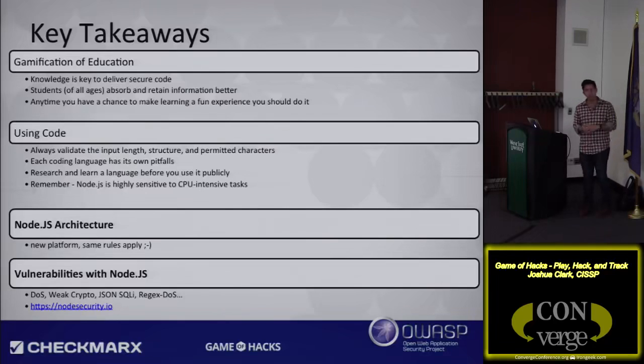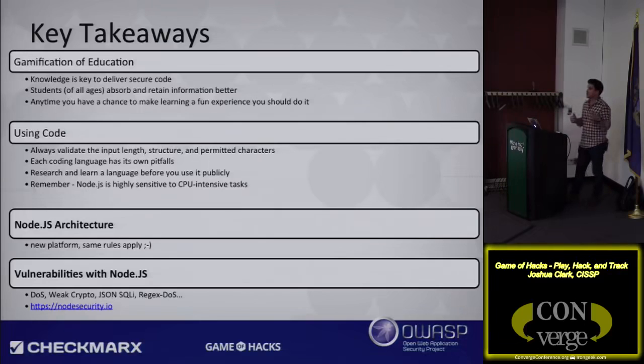We've actually had some of our customers take this and build it into their center of excellence. They took Game of Hacks and custom tailored it for their security department so that they could use it to train their developers on how to not make the same types of coding mistakes and be more security aware, to address some of the problems that the CISOs surveyed in the beginning had raised.